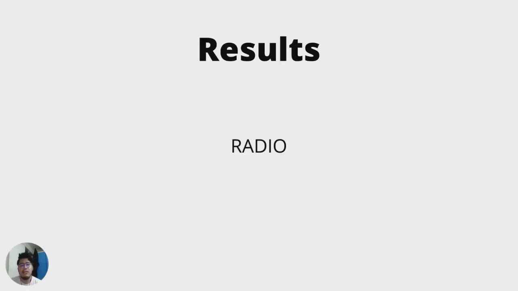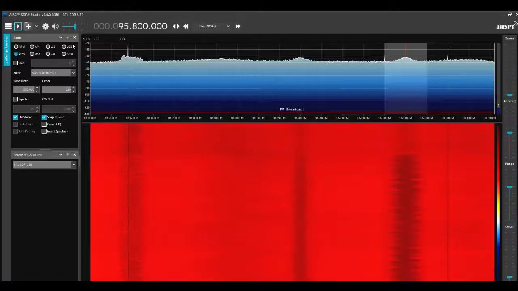Okay, then we go to the results. First of all, the results and the steps needed to run the radio tracking. To track the radio signals, we need to ensure that the frequency is in the FM broadcast frequency. Then we select WFM over here, and the source selected is the RTL-SDR USB. After that, we configure the sources and check all the boxes over here. After we have done all of that, we can press play over here,